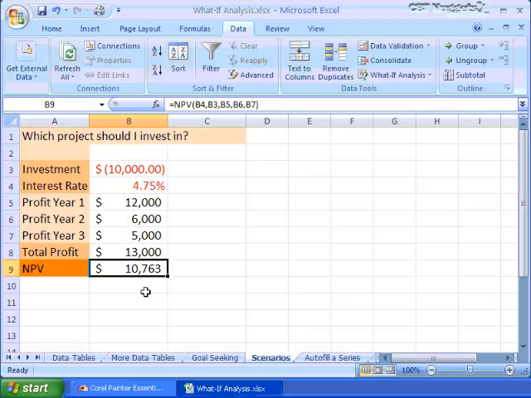And then right here in these cells, I'll be able to toggle back and forth and see how those different profits are going to affect my total profit and my net present value. The reason why you might want to do a scenario instead of laying out an entire table is so that you can just tweak these cells right here in place, and then when you come up with the scenario you want, it's already formatted. You can just click that print button or email it off to whoever wants to receive